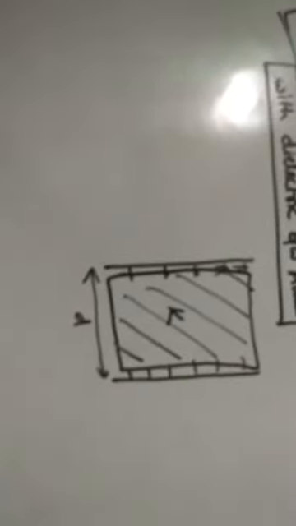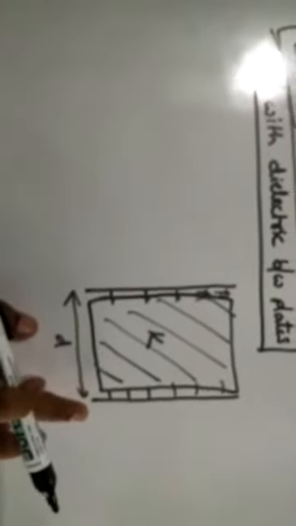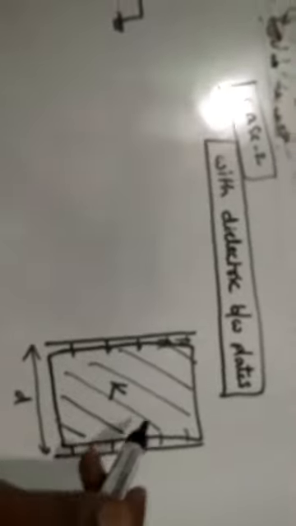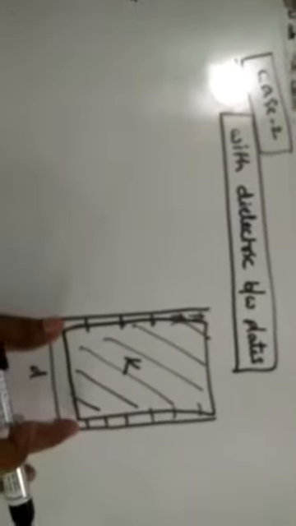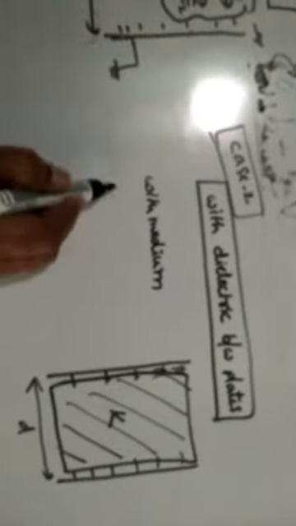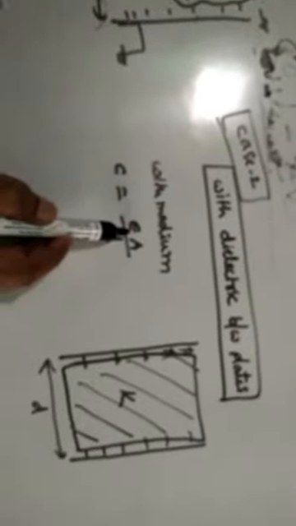This is the dielectric, with dielectric constant K. It is completely filled by the dielectric. There is no gap between the dielectric and the plates. The dielectric slab is completely filled, so air is not there. So with dielectric as the medium, capacitance C is equal to epsilon A by D. Actually I have to write epsilon naught, but here a medium is there, so I am writing epsilon.